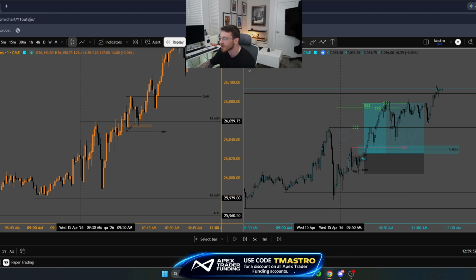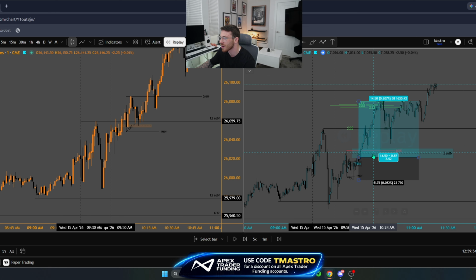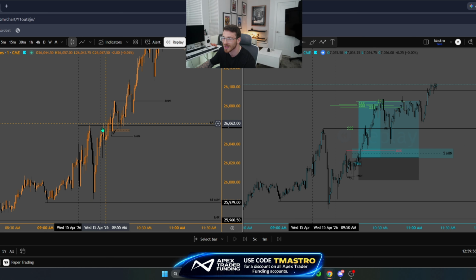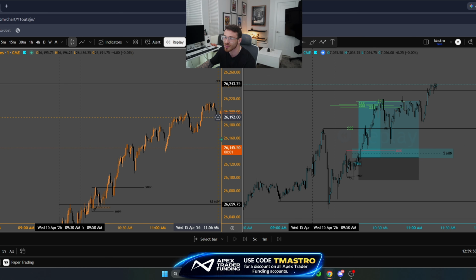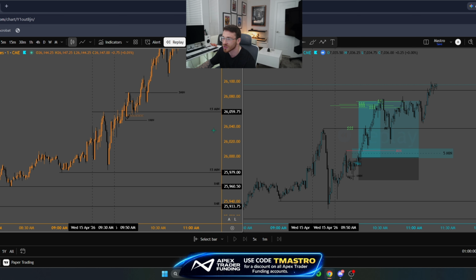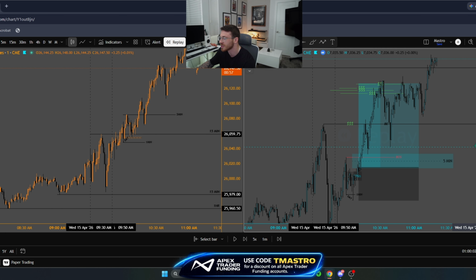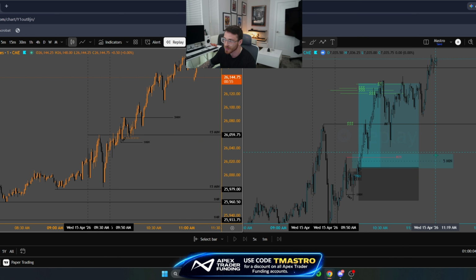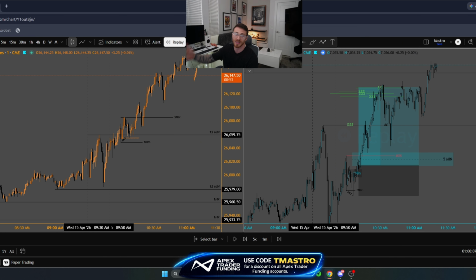Chopped around for a little bit. I like the risk to reward better here on ES also because we had that 15-minute high we could target, and I didn't want to hold all the way up to this daily high. But you could have used ES as your map here to do that also and went from there. But again, I like the trade we overall took. I trusted in it. That's all we could do. So hopefully you learned something in this video.